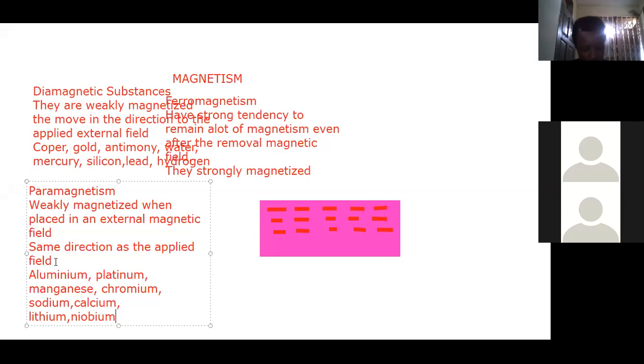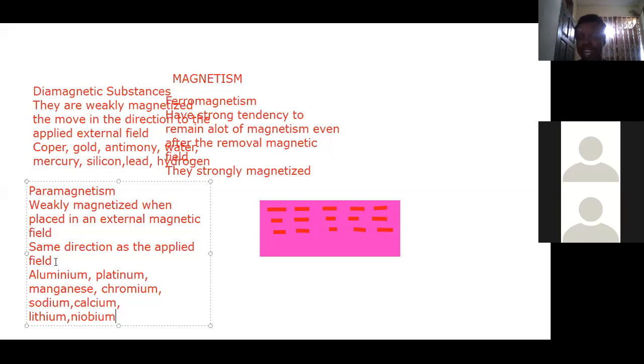That is it. So in the absence of an external magnetic field, these molecular magnets are arranged at random. In other words, the domains are arranged at random, and that gives no resultant magnetic effect to the material as a whole. But if they are placed in a magnetic field, the molecular magnets become partially aligned, which increases the strength.